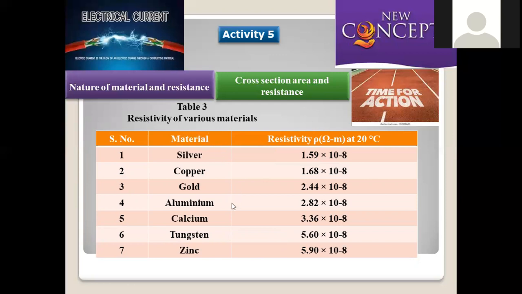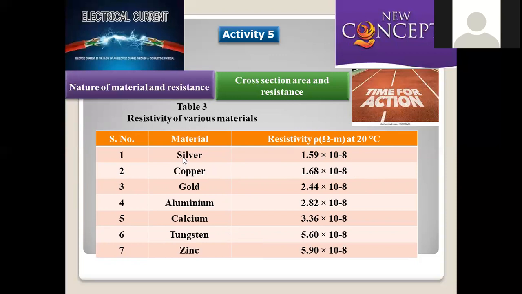That's the reason why the tabular form of resistivity is considered here. All the material resistivity values are tabulated here. We consider that the lower the resistivity, the higher the conductivity. All are measured at a constant temperature of 20 degrees centigrade, which is room temperature conditions. Resistivity is denoted by rho, which is the specific resistivity, and ohm meter is the unit.